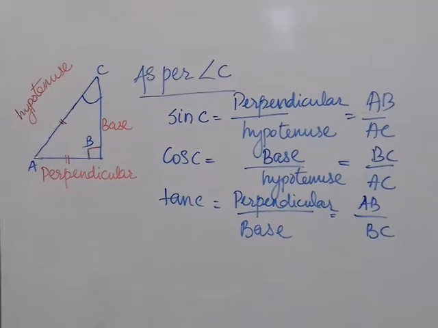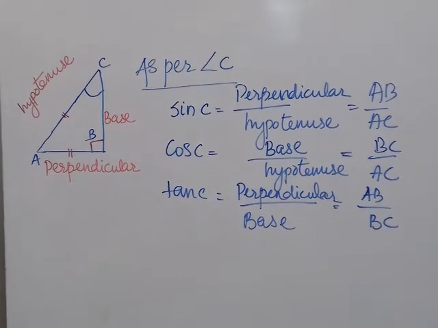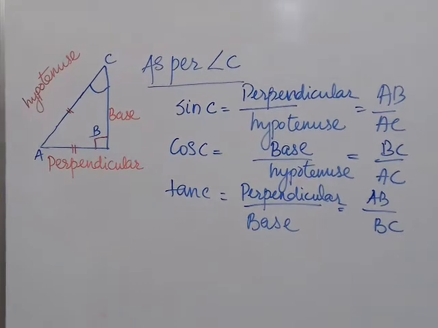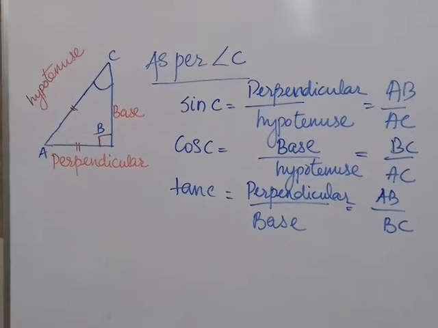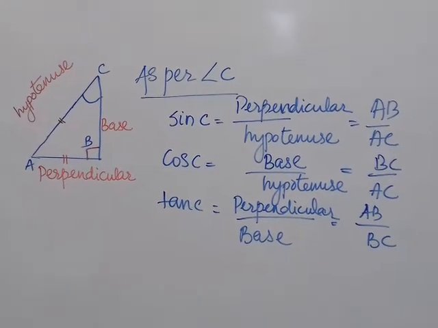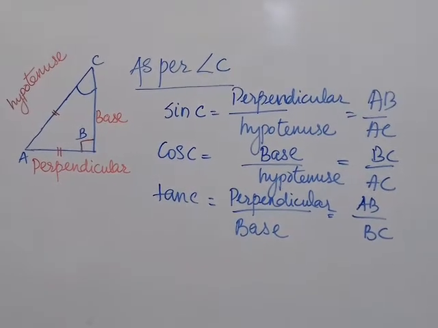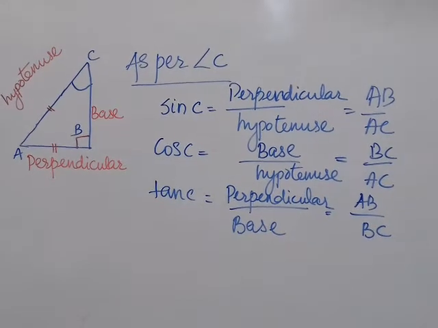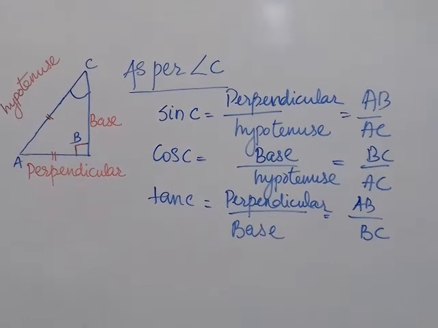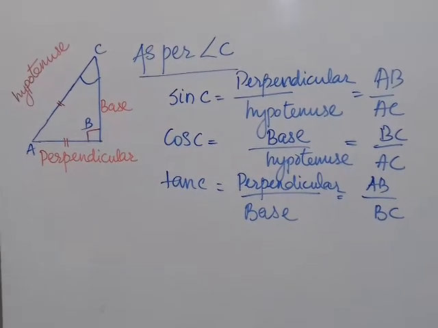The sides will change according to the angle which we are selecting. But the formula remains same. It will not change. So you have to remember sine, that is P by H, that is Pandit Har. Then cos means B by H, base by hypotenuse, and tan means perpendicular by base, that is P by B. Okay. Now the three more ratios we have to study.